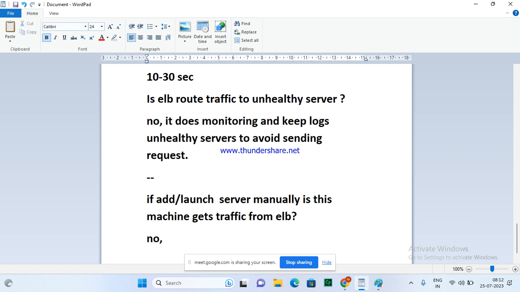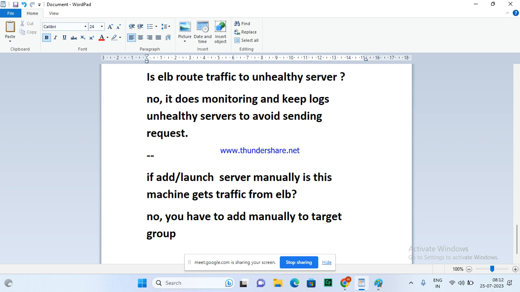No. You have to add it manually to the target group. What is that? Target group.